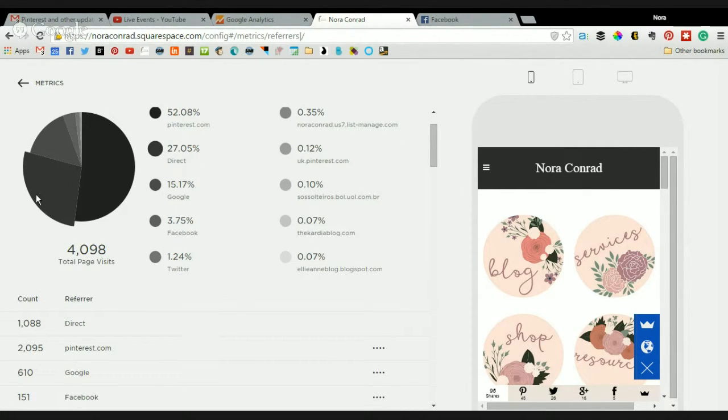So direct traffic is someone who typed in www.noraconrad.com and got here, or they came directly to a page, so noraconrad.com/blog, or maybe they clicked a link directly here. Then I have Google, so someone found me in Google search results, Facebook, Twitter, some sort of list management, so this would be my mailing list. Pinterest in the UK, and then there's just a couple other things,